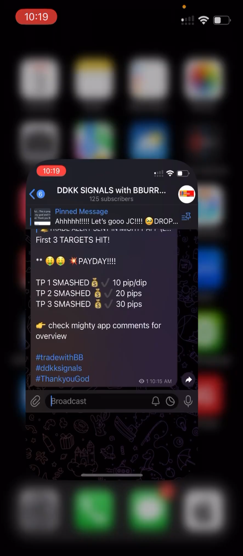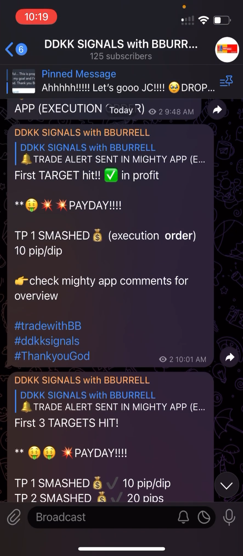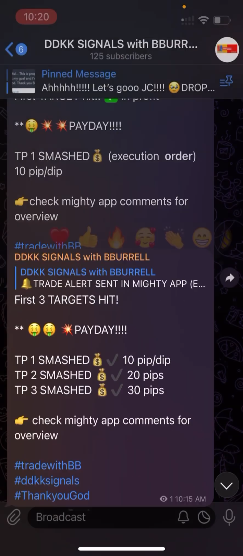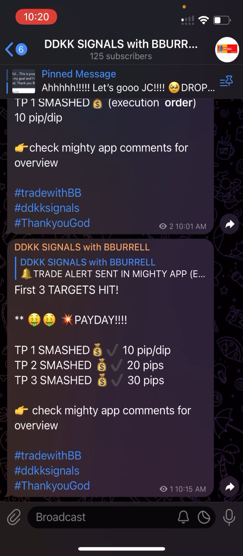I told them that we just smashed the first 3 targets. All right, I just sent the trade out. We hit the first one at 10 o'clock, and we hit the rest of them 30 pip. You made 30 times your target within 15 minutes. All right, so if you invested $1, you're up to at least $30,